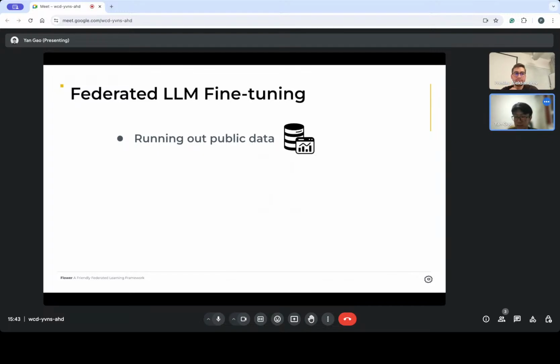We have the LoRA technique for LLM fine-tuning, but we also have another concern from the data perspective. Most current LLMs are trained on a vast amount of publicly accessible data. However, despite the fact that more data typically leads to improved performance, some studies show that the supply of high-quality public data will run out within a few years.